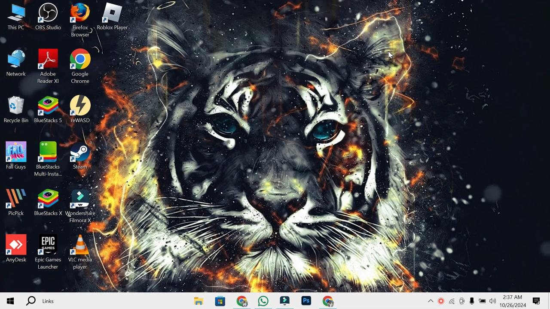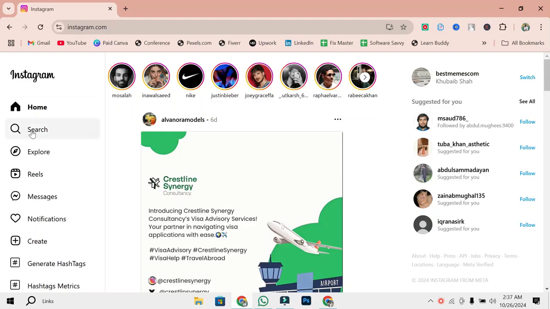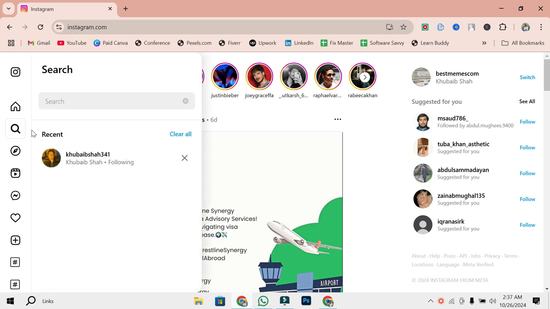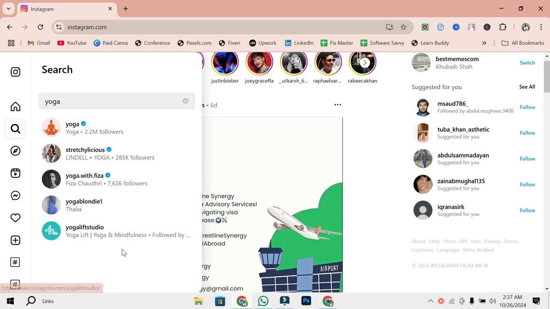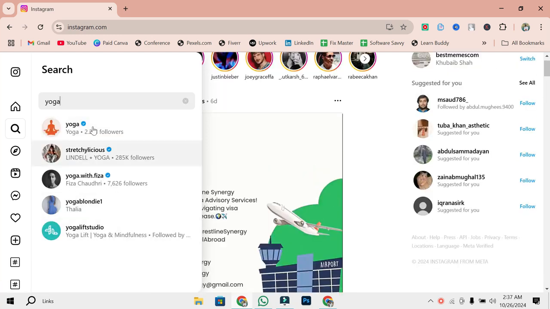Let's start with the most basic method of keyword research, which is directly on Instagram itself. Open up Instagram, click on the search bar, and type in your main keyword. For this example, let's say you have a yoga profile. Simply type in yoga, and you'll see a list of popular Instagram profiles, some related hashtags, and maybe even a